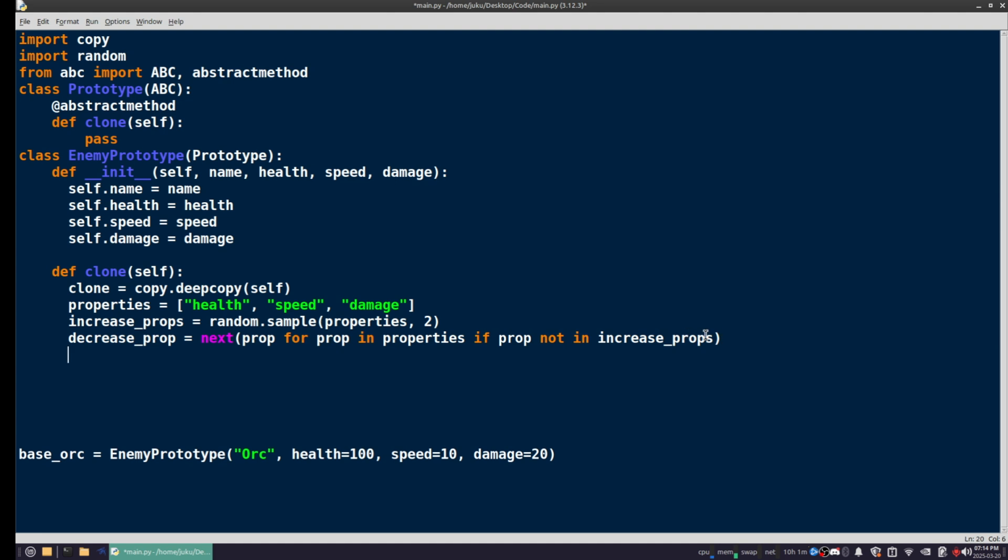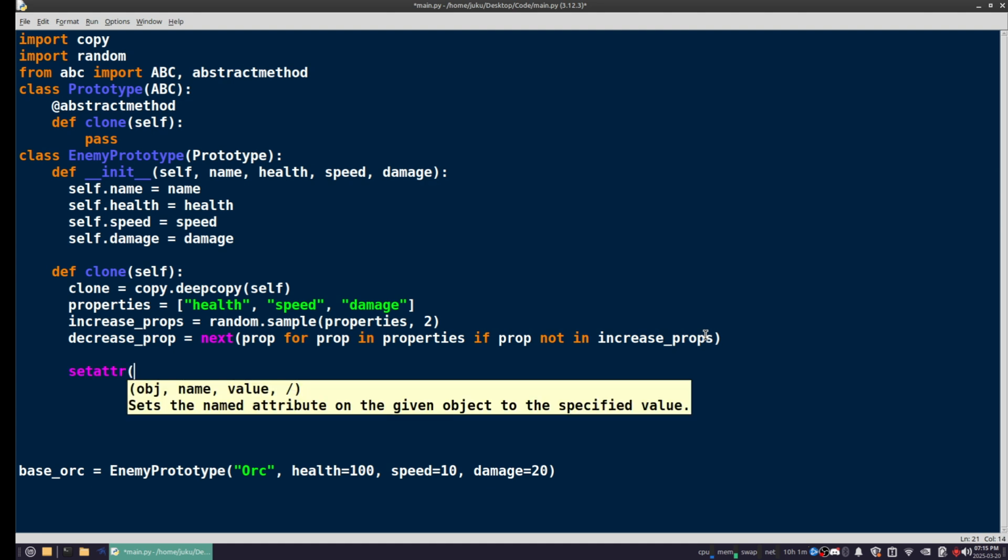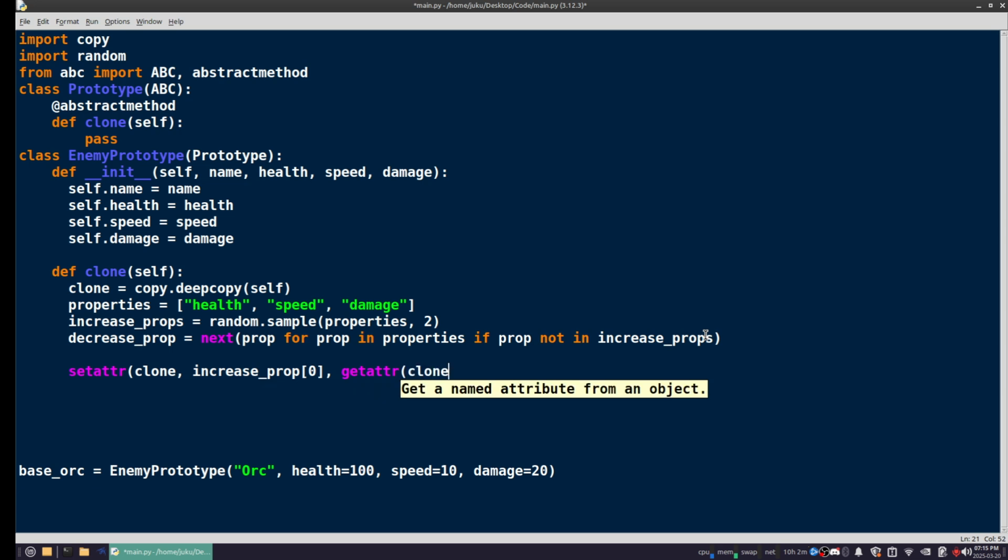So now we need to apply the variation, and we're going to add some variance, like maybe 10 to 30% higher or 10 to 30% lower for each one. So we can use setattr. So we pass in the object, the name, and the value. So the object is clone, the name, increase prop, which is, first we'll do health, which is 0, and then getattr clone